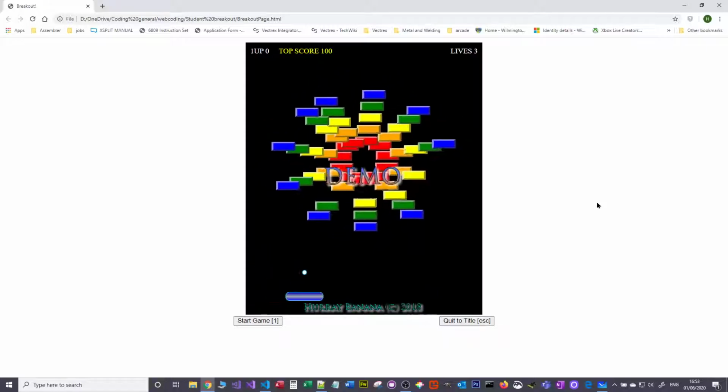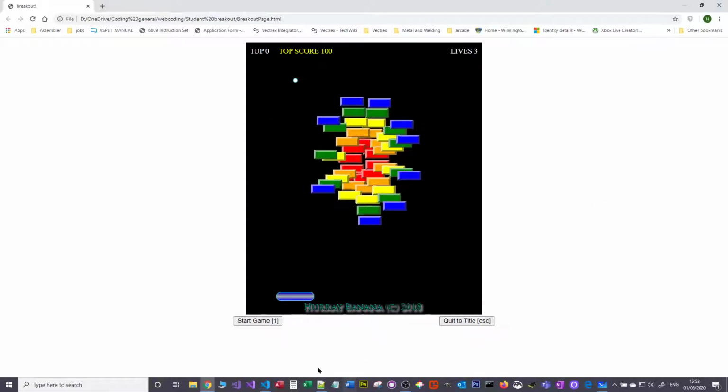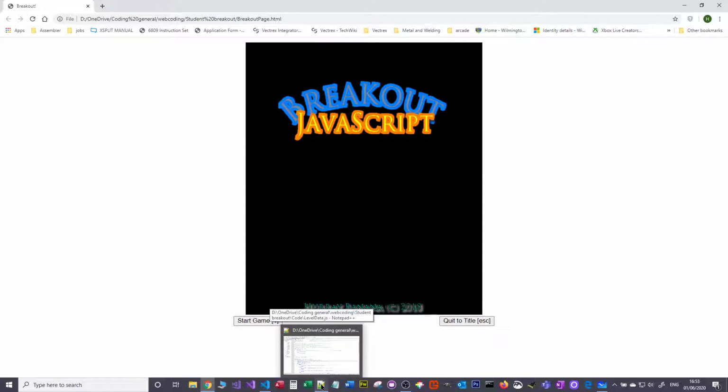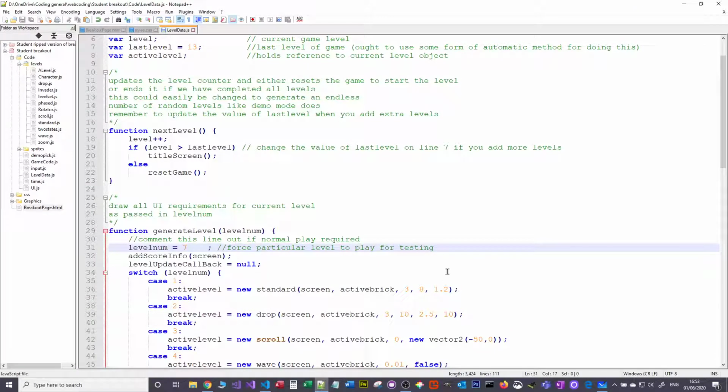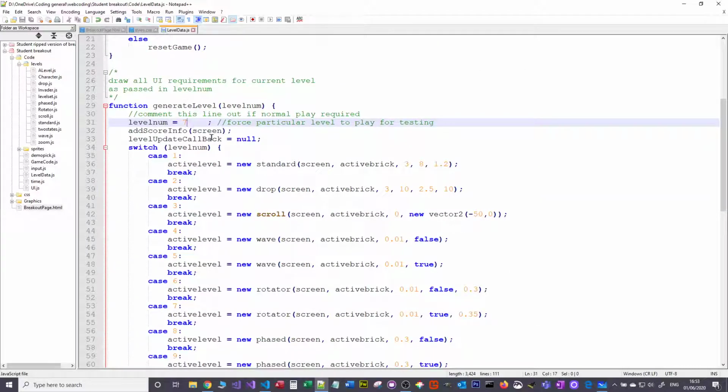Okay, so yeah, it's probably easier to, once you've got Chrome open, just remember that if nothing seems to have changed, it's probably because you haven't saved the work. Okay, so let's just have a quick fiddle about with some of these. I'm going to set it back to level 1, forcing level 1,